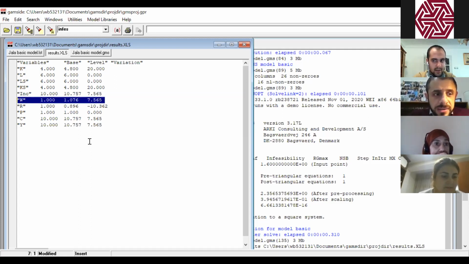And increases in wages. Exactly. So in this case, why? If R decreases, capital demand will increase, and we know that in order to increase production, we need more labor. But labor, as you can see here, LS is assumed to be constant, and here it's 0. So the variation of LS is 0, which makes the variation of labor demand also 0. So that's why wage is going to increase by